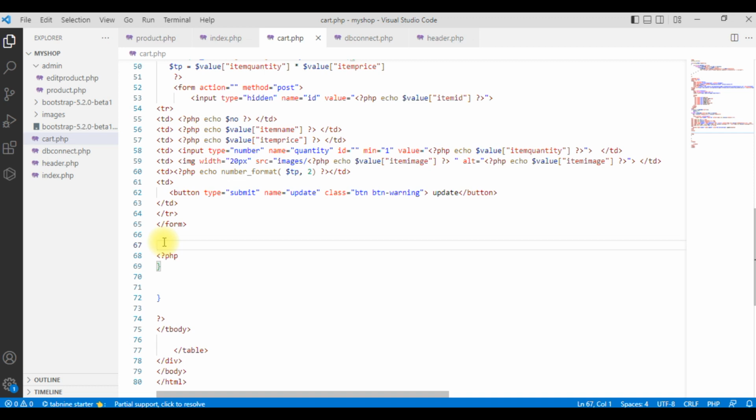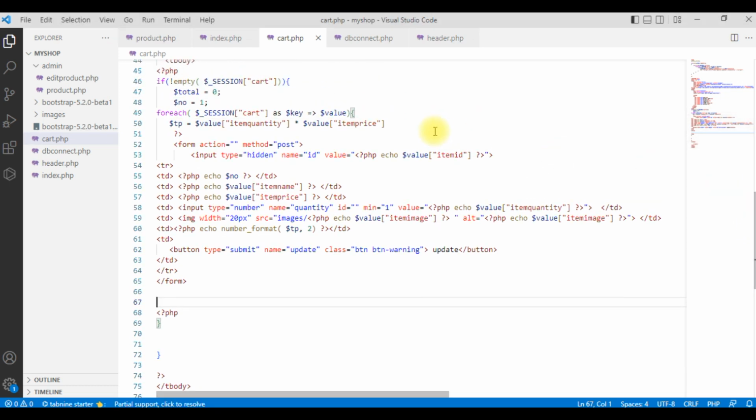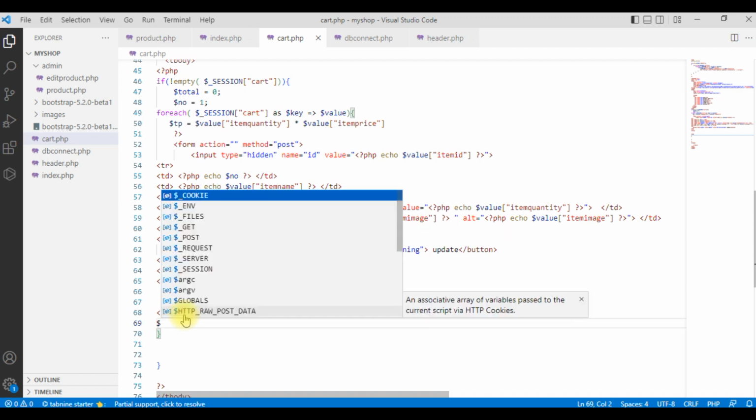So right now in this case, as we are looping through each product like this, we will increment our total. We started another PHP here, but this is our for loop where we are looping through each item in our cart. Here it ends. So at this point, if total initially is 0, we need to add to our total right here. So I am going to say variable total